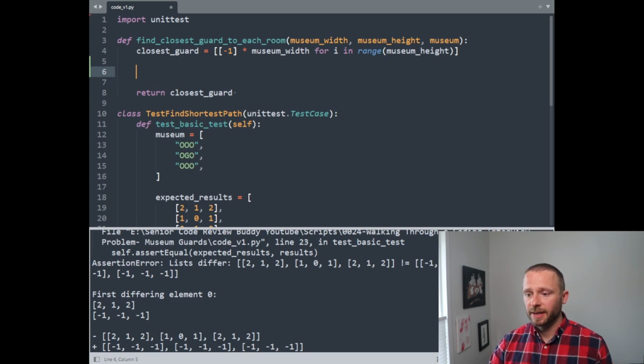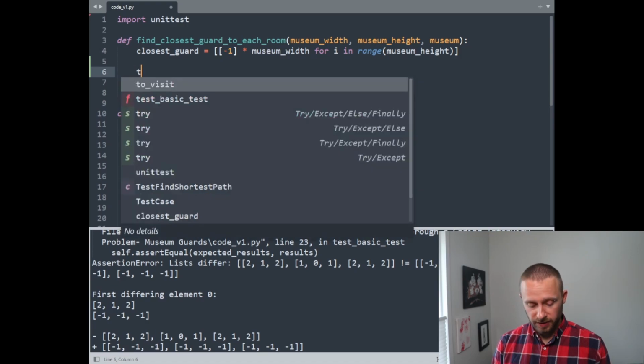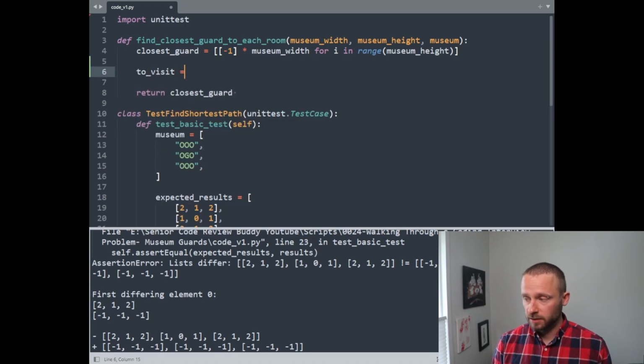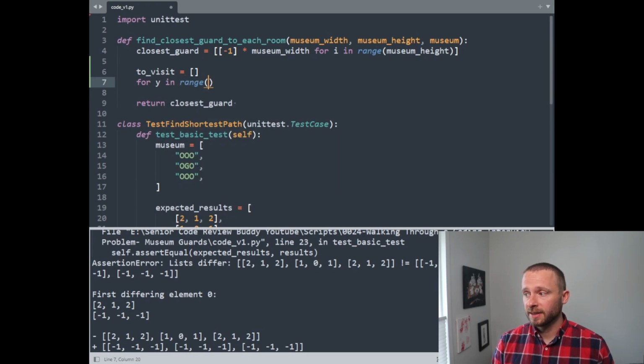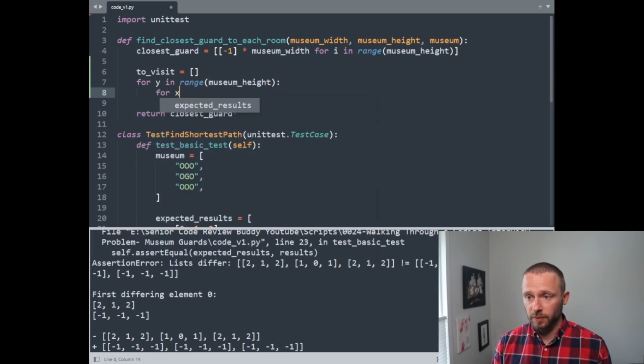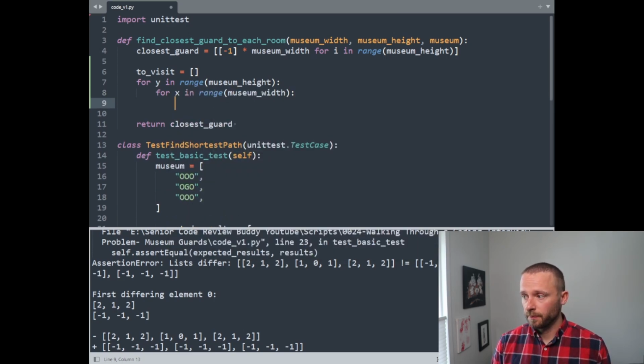So let's start by having the list of nodes or rooms that we want to visit. So we'll have toVisit. And then what we're going to do is we'll start by finding every guard, because as I mentioned, that's what we want to start with. Range, width, if, museum,